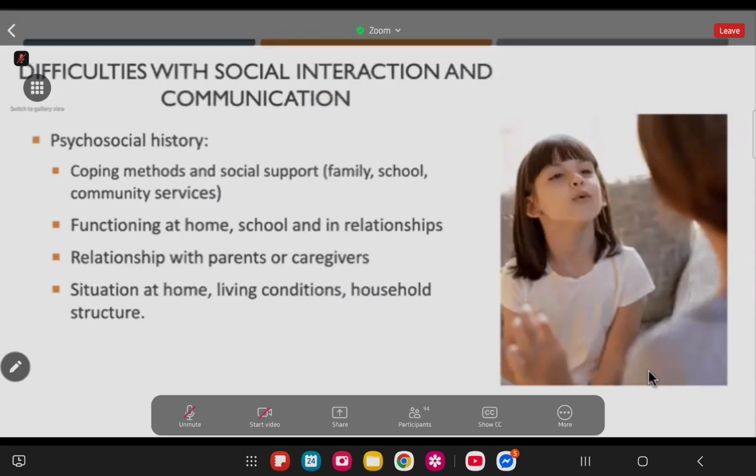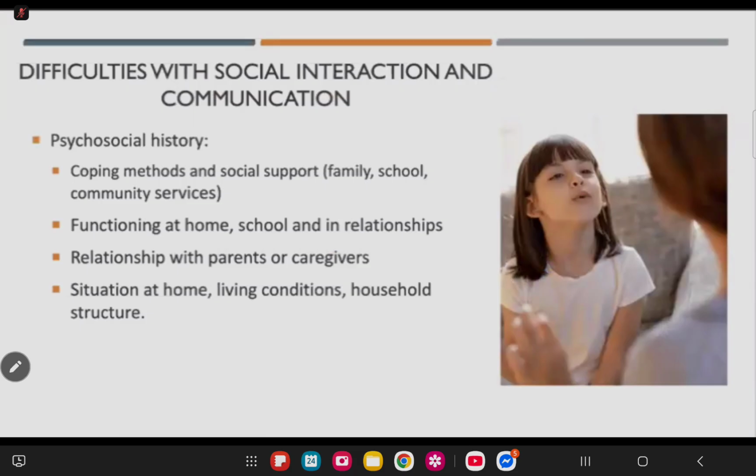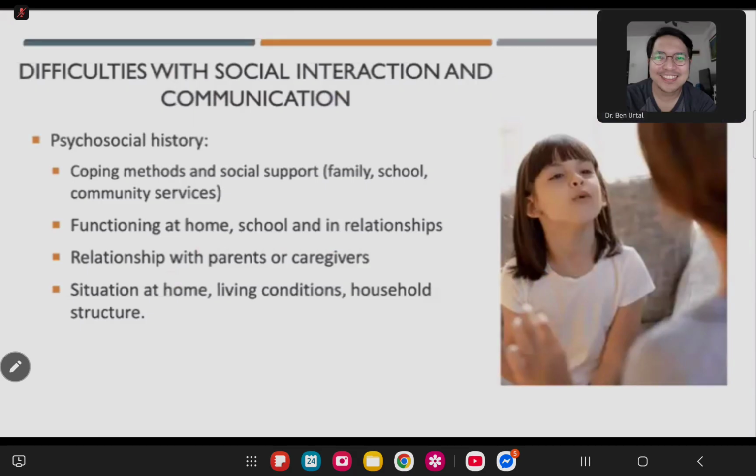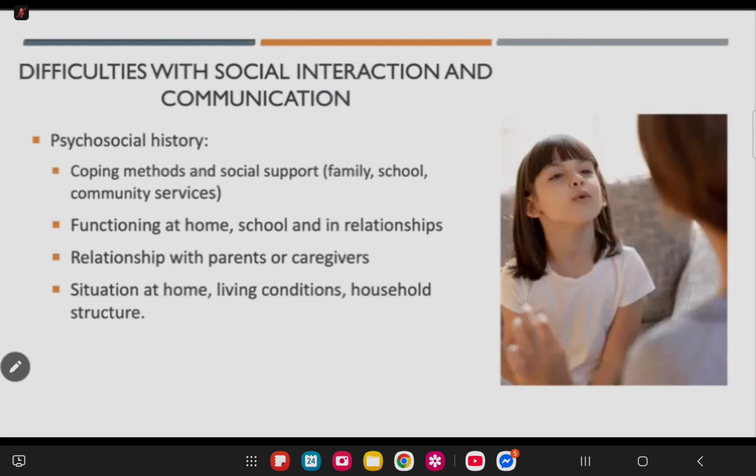Okay, so back to the topic. Like I said, not all homes are the same. So you can have a home who is well off, but they're not functional. Why? Because maybe the father is an absentee father, or maybe the dad is a workaholic, so he's not always around, and the mother also works, so there's no one caring for the child. So the child grows up with no family support or support from the parents. So although they are well off or they have money, you can't always say that they grew up in a supportive home. So it's really different. You have to ask.